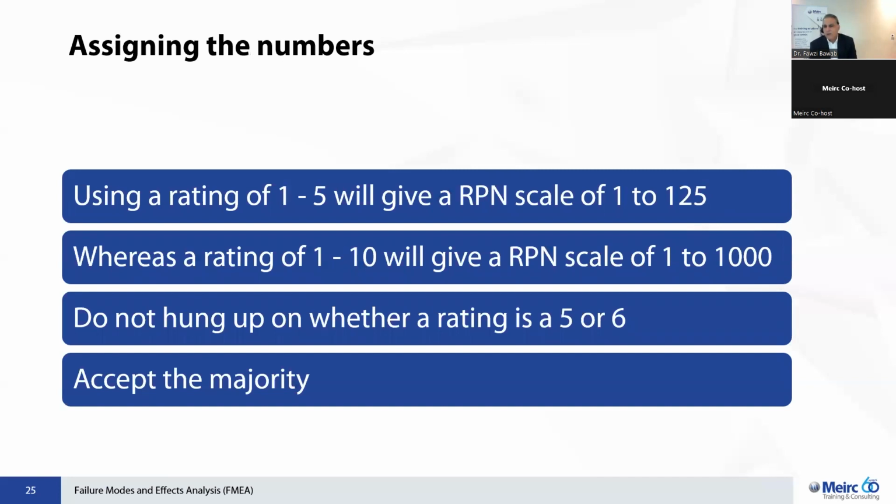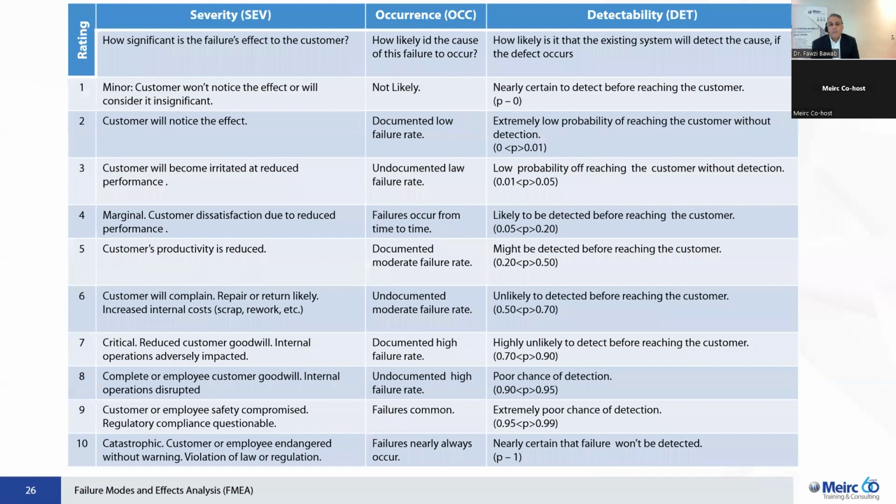So using a rating of 1 to 5 will give us an RPN scale of 1 to 125, whereas 1 to 10 will give us a wider scale of 1 to 1000. So again, when we meet with the teams, we tell them just don't get hung up on whether the rating is 5 or 6. Just agree as a team, and then accept the voice of the majority and use that number in your FMEA. So here's an example for how severity, probability or occurrence, they call it O,